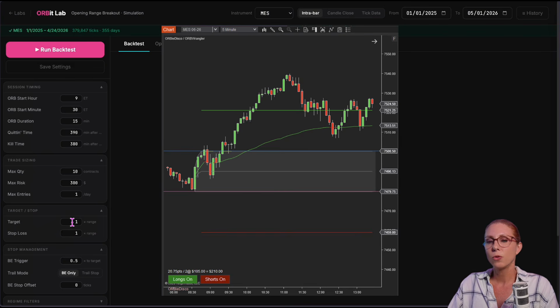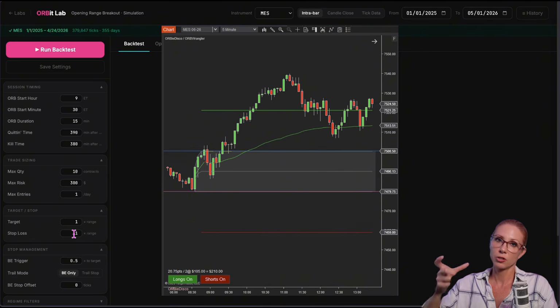But we're going to take the opening range, and that's going to be from our entry, which is immediately the break of that opening range. It's going to be the distance to that opening range. So 1 times the opening range for the target and the stop loss. That means our stop loss is going to be on the other side of the range. And when you run it this way,